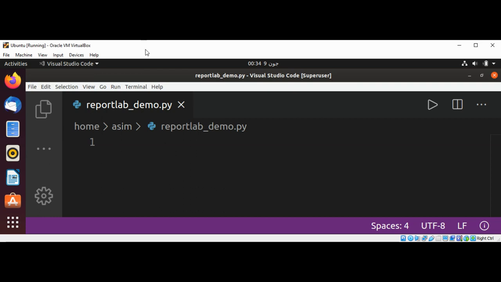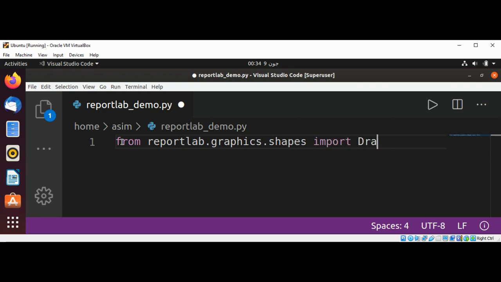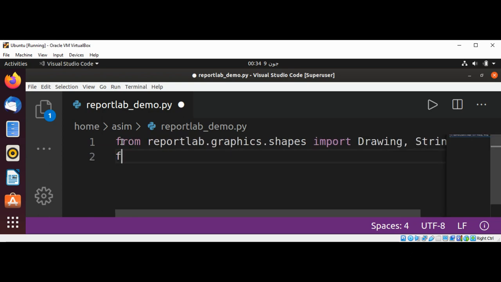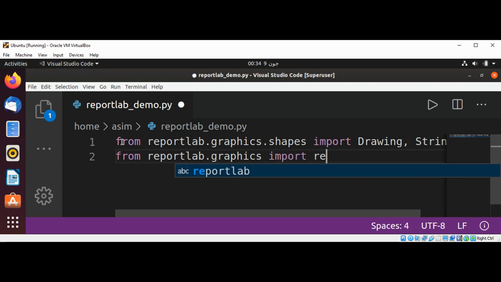We can use from reportlab.graphics.shapes import Drawing and String, from reportlab.graphics import renderPDF, and then I'm going to use